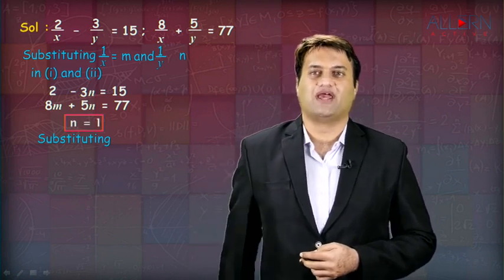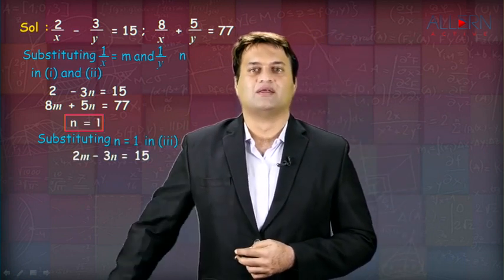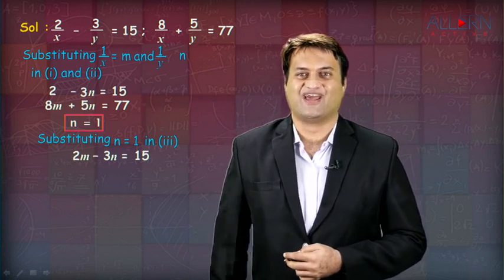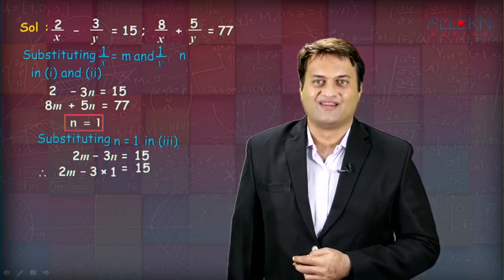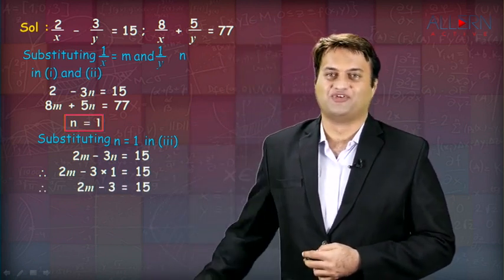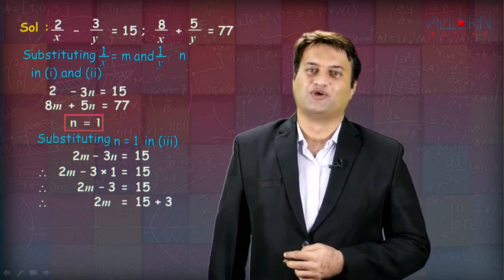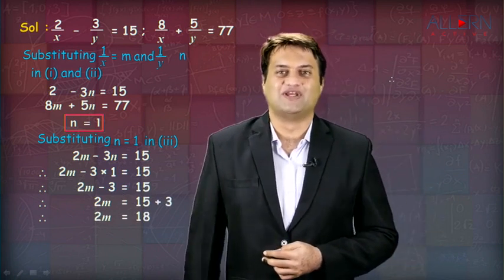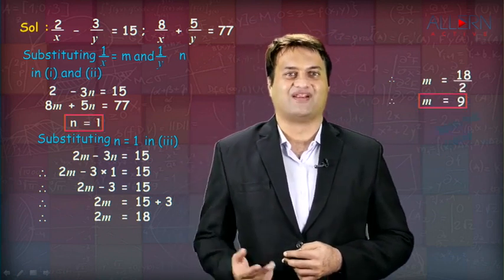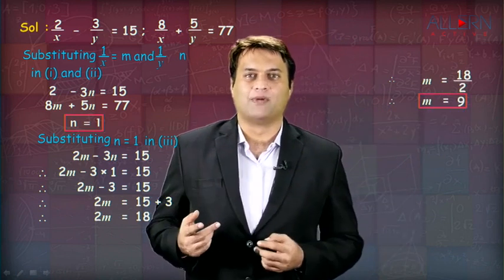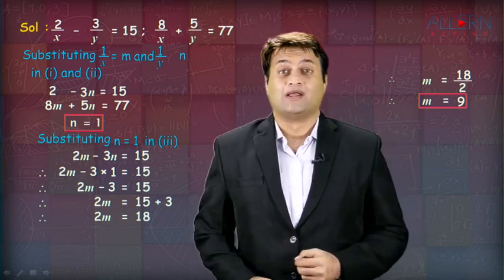So let's substitute n is equal to 1 in, say, equation number 3, and we get 2m minus 3 into 1 is equal to 15. So 2m minus 3 is 15, 2m is equal to 15 plus 3, 2m is equal to 18, m is equal to 9, right? We got the value of m, we got the value of n, but the sum is